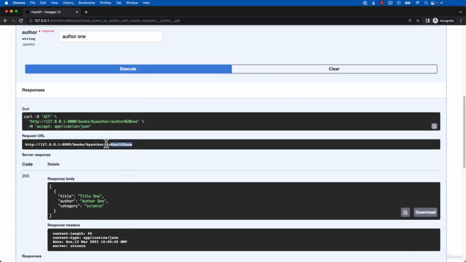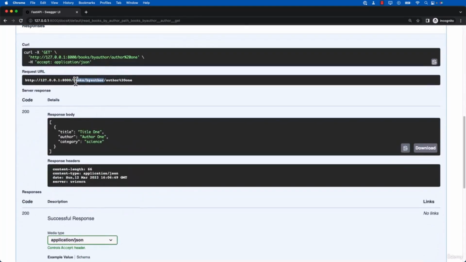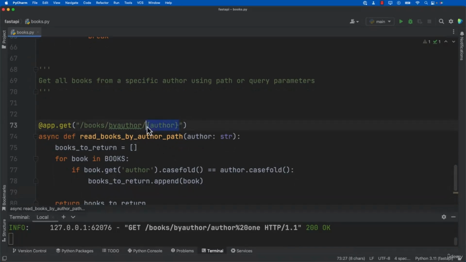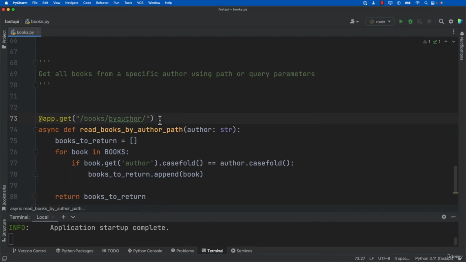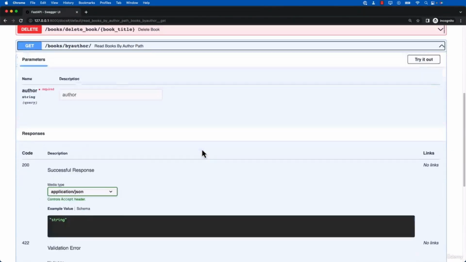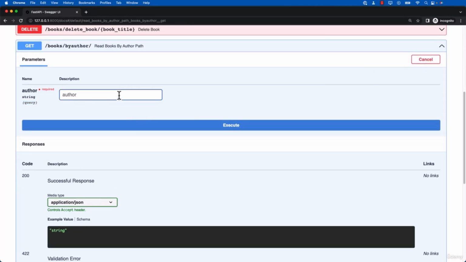We can see that we're using a path parameter here based on this type at the very top. And we can see the URL is doing books/by_author/author%201, which is all within the path. If we wanted to just make this use a query parameter, we can just delete this ending right here. So now when there is no dynamic path, FastAPI will automatically think that this is a query parameter, which is correct. So if we go back in here and refresh, and go to that exact function, we can see that the author is now a query with an author. So if we say try it out here and we say author 2,